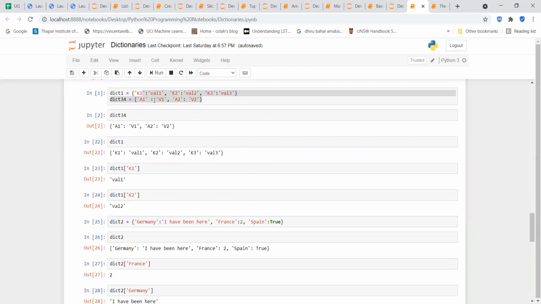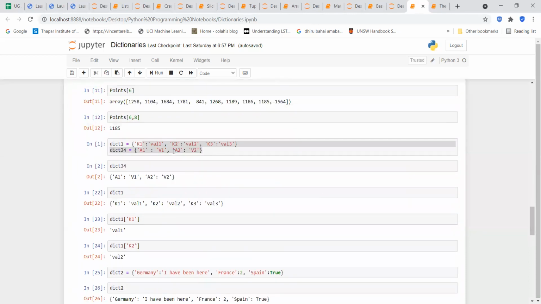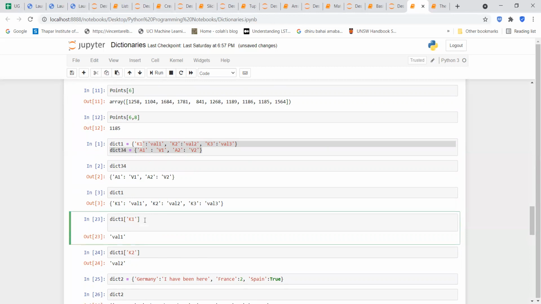A value is there and a key is attached to that, right? For example, this dict1 has key value pairs. If I try to run this dict1, I will get key K1. This is an object created, which is a dictionary. So I can know the value by putting, for example, if I put